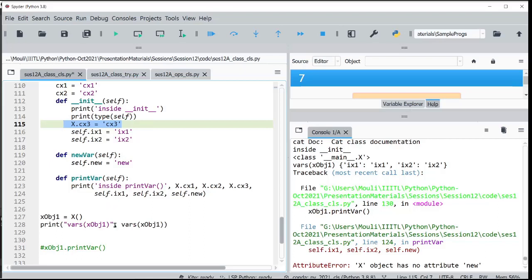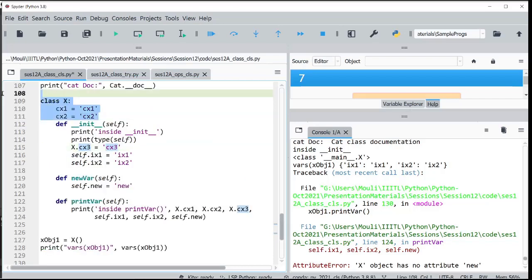So on object creation, this attribute has been added to the class. So there is no issue with these three, but there is a problem here because those attributes were added in the init, but we did not call the newvar yet, and then we expect this print var to work.